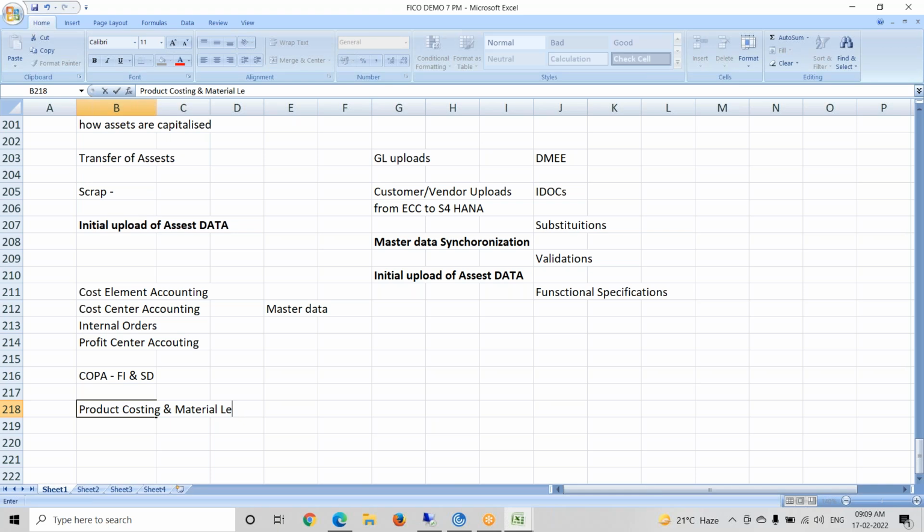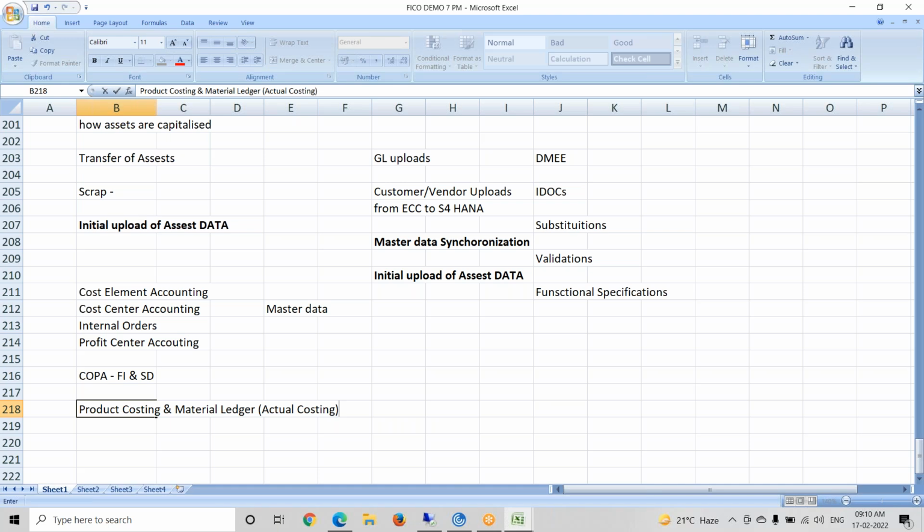Material ledger in ECC was optional. In S4HANA it is mandatory. Even to run your FI-MM integration, we have to activate this material ledger in the S4HANA system. So material ledger is like actual costing. Since it was optional in ECC, you can assume that material ledger is very rarely used by the clients. We can find very few consultants who have worked on material ledger. So we cannot directly get huge knowledge on material ledger in S4HANA.